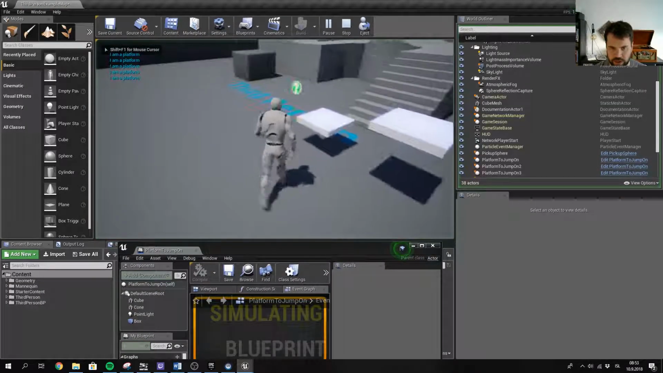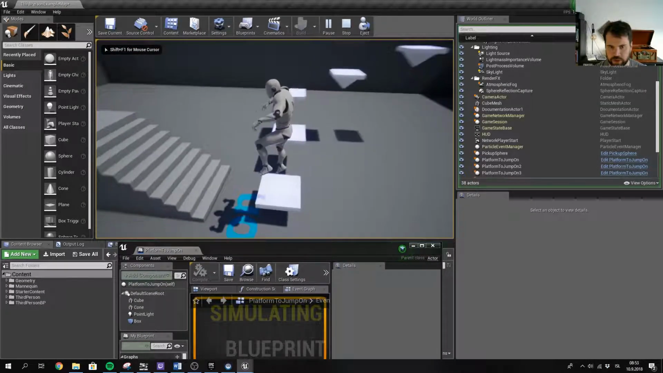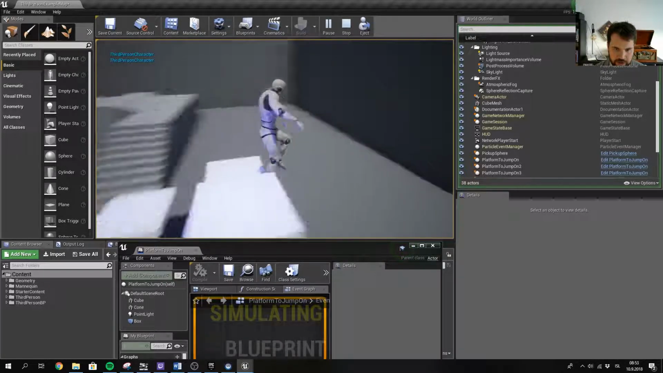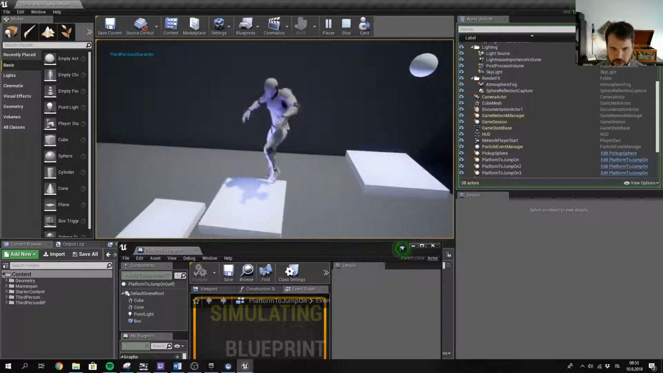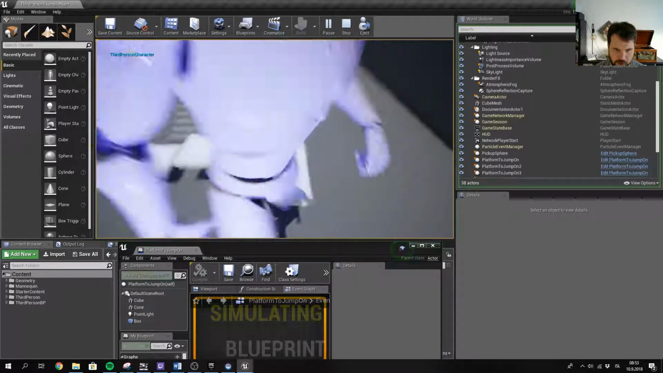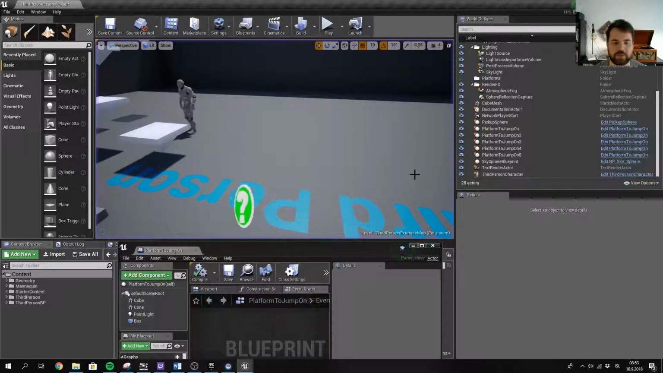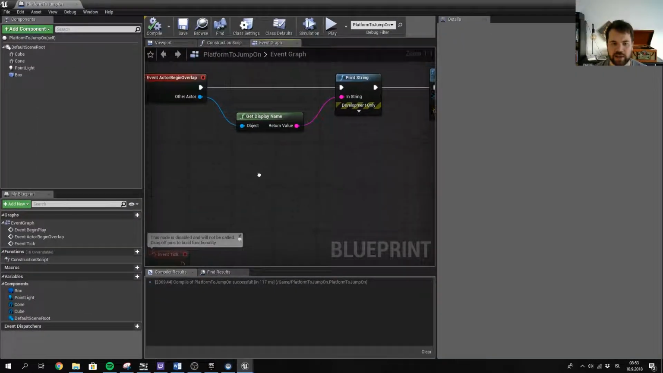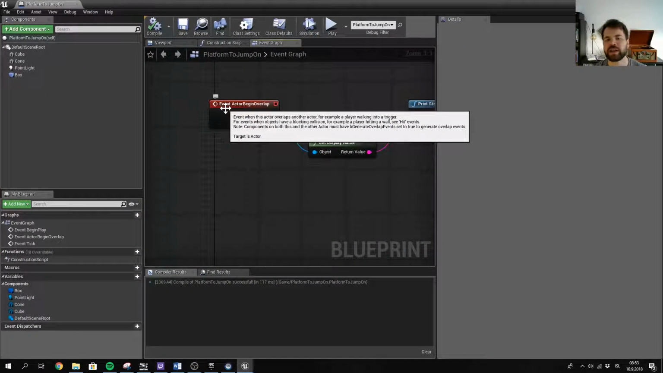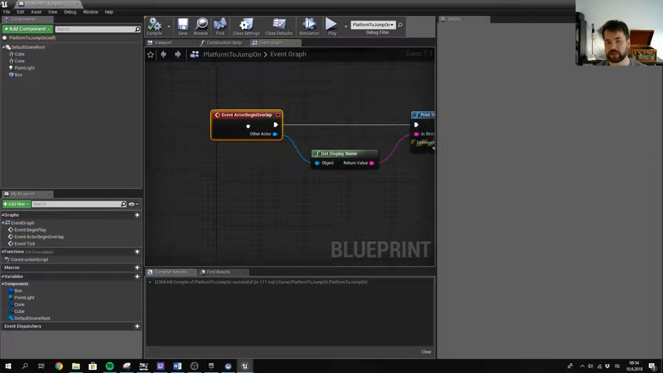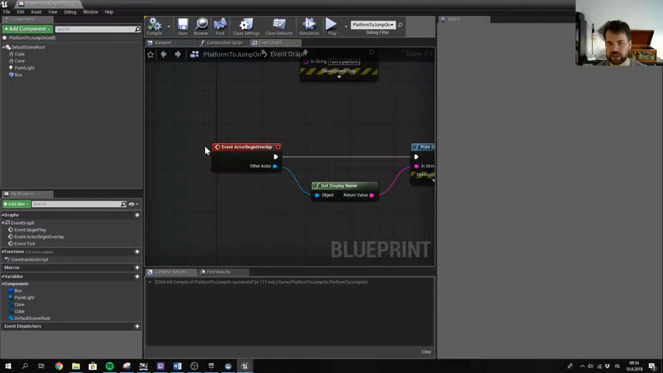Okay, so now jump here. So you can see that once I land on top of the platform, it scales up a little bit. But I also wanted to scale back down when the player leaves the platform. And we do that by finding another event. So there has to be an event where the player leaves the overlap, because a lot of these events, if they're called event actor begin, there's probably another event called actor end